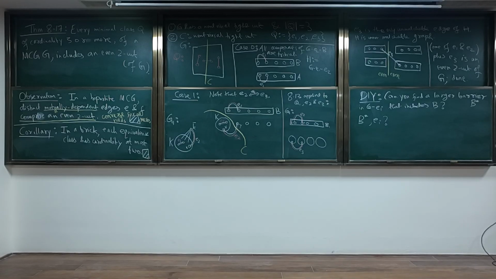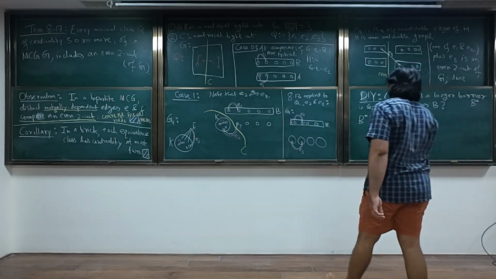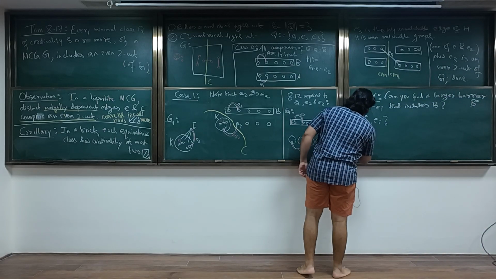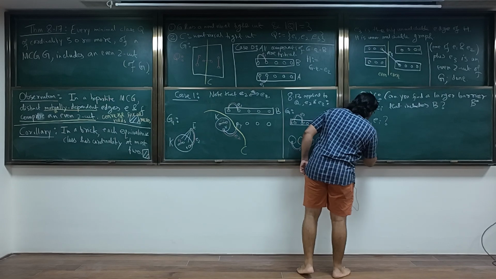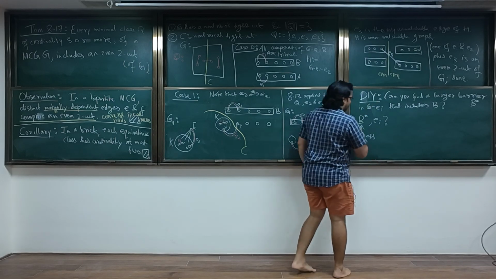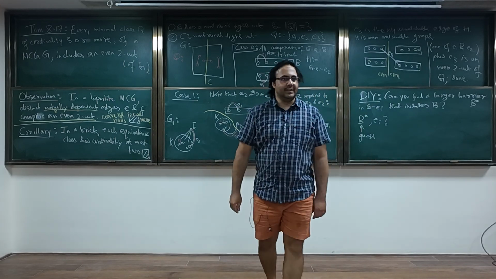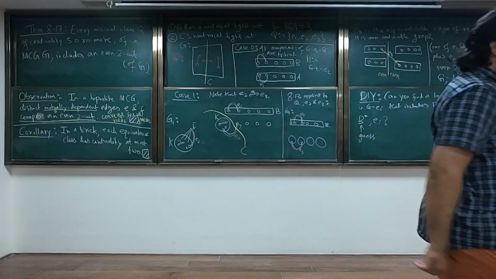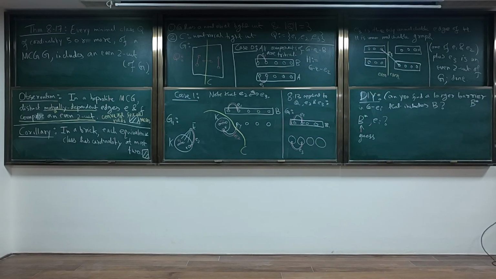So what I would suggest is, if you are stuck, just guess this. This is not too difficult to guess if you have seen some similar proofs. For example, one thing that we prove is if you take any maximal barrier